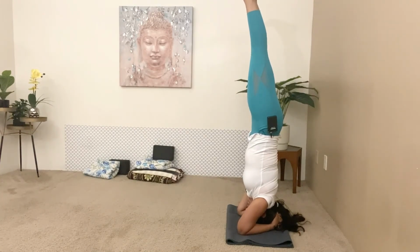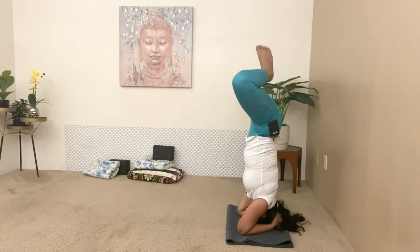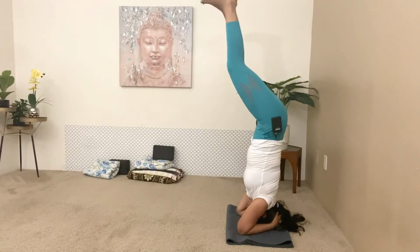Breathe normally. Then go into another variation, which is Baddha Konasana. So you can bend your knees and bring your soles and heels together. Keep pressing your feet into each other. Make sure you keep pressing your hands into the mat, the inner side of your hands down into the mat, shoulders lifted, chest opened, and breathe. Then to come out of the pose, extend your legs,